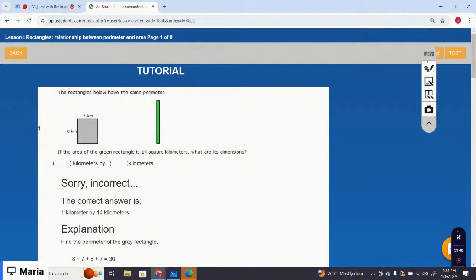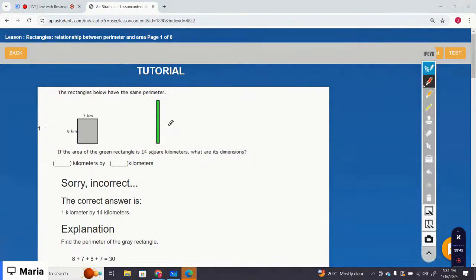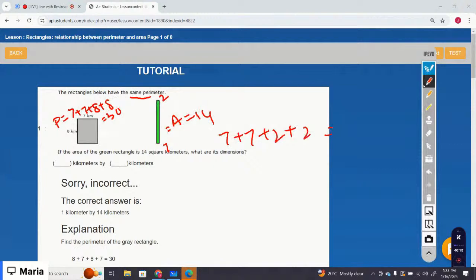Okay, so the area of the green rectangle is, the area of this rectangle is 14, right? They have the same perimeter. The perimeter of this shape is 7 plus 7 plus 8 plus 8. That means 30 it is. So that 7 times 2 is 14, right? Hold on. If you add 7 plus 7 plus 2, that makes